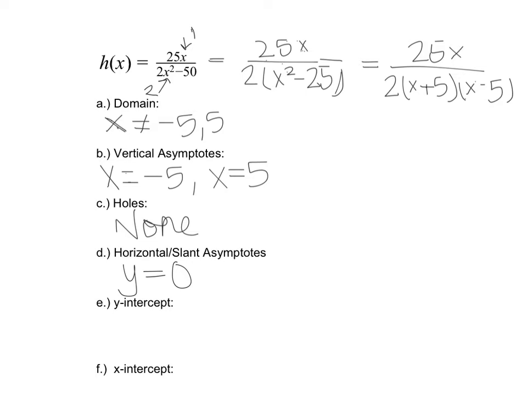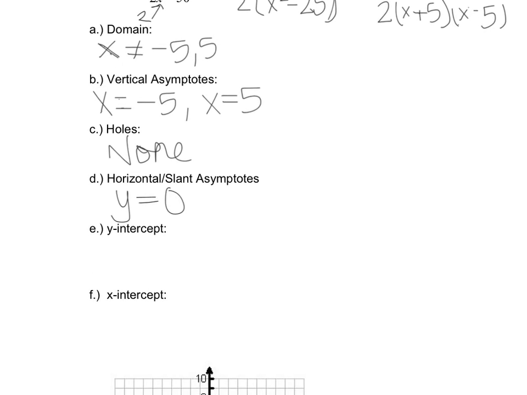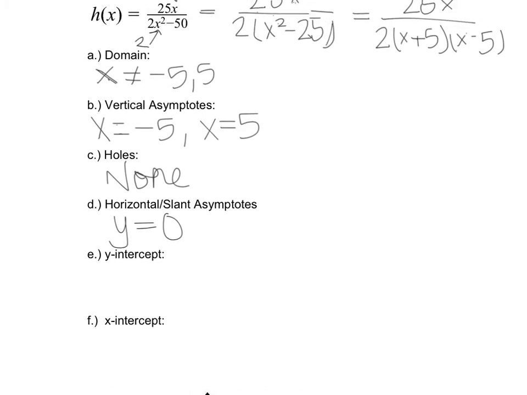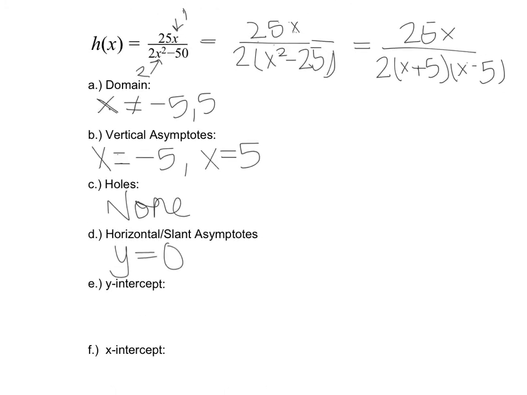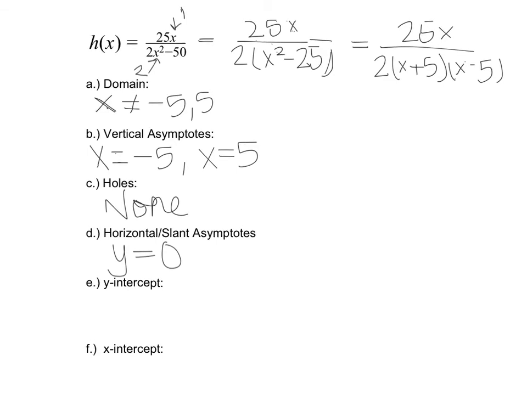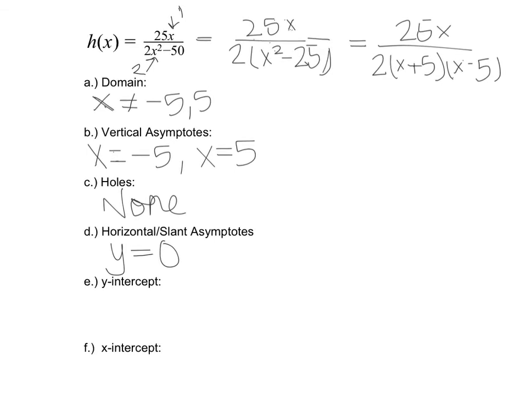Let's go ahead and move on to our y-intercept. So remember, the y-intercept is what we get when we plug in 0 for x. So we take the ratio of our constants. There is no constant in our numerator, so it's 0 divided by -50. So our y-intercept is going to be